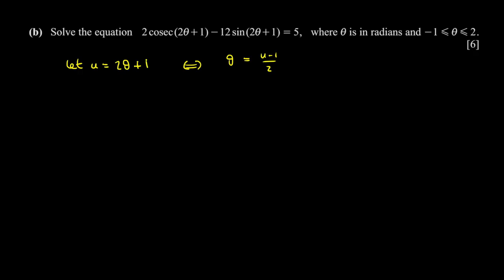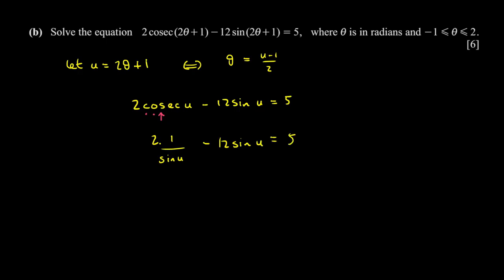So I can then take the equation 2 cosec of 2 theta plus 1 and so on, and rewrite it as 2 cosec u minus 12 sine u is equal to 5. All right, then what's my next step? Well, I can look at this cosec. What is cosec? I look at the third letter. The third letter is s, so this is 1 divided by sine. So I've got 2 times 1 over sine u minus 12 sine u